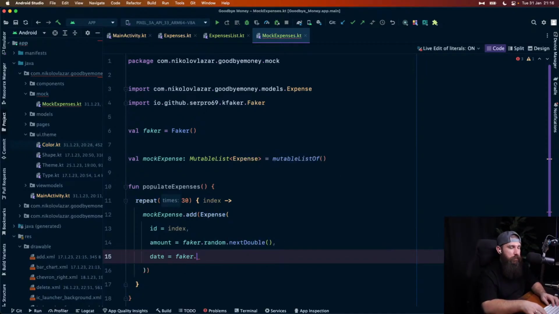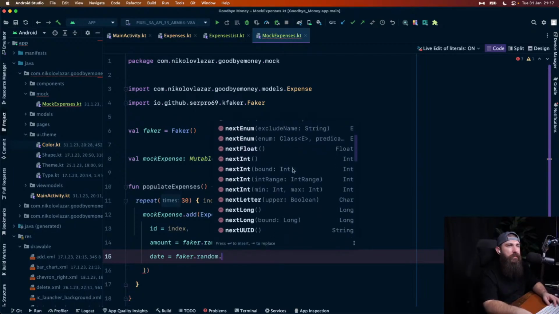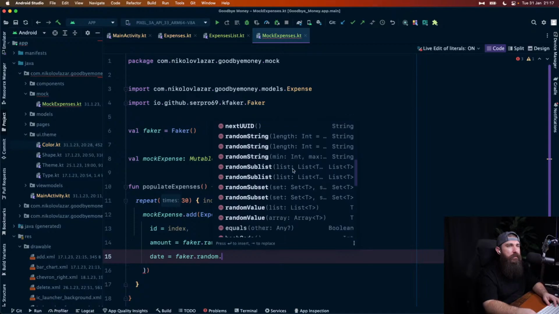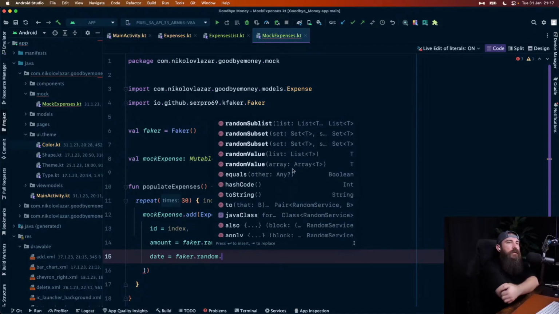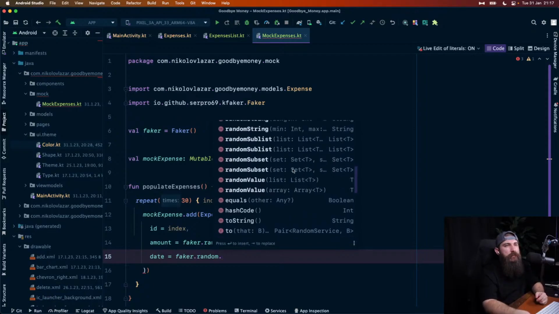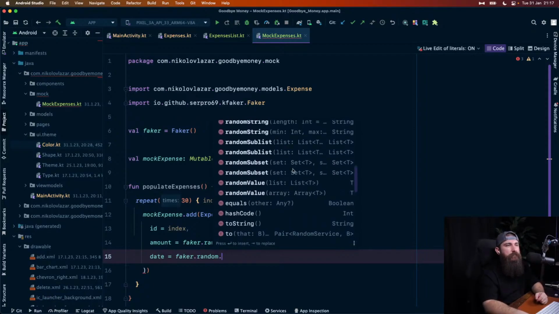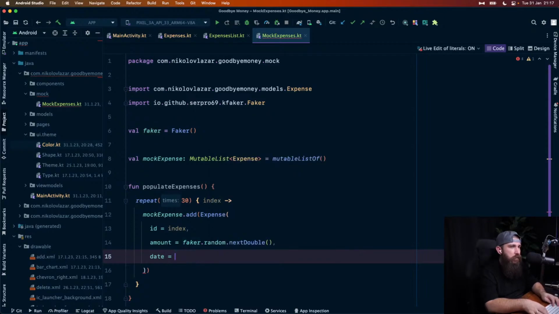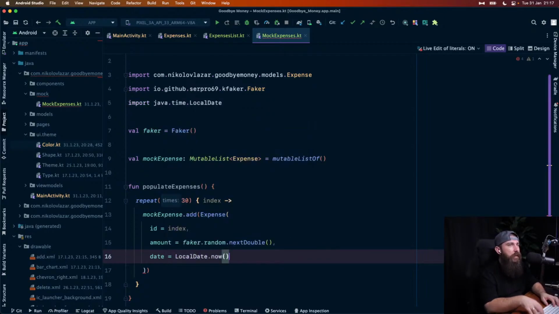So that's just the provider. Random string, subset value. We're gonna use the random value for the min and max, and next int could generate it like that. Yeah, I was thinking about that. So local date now